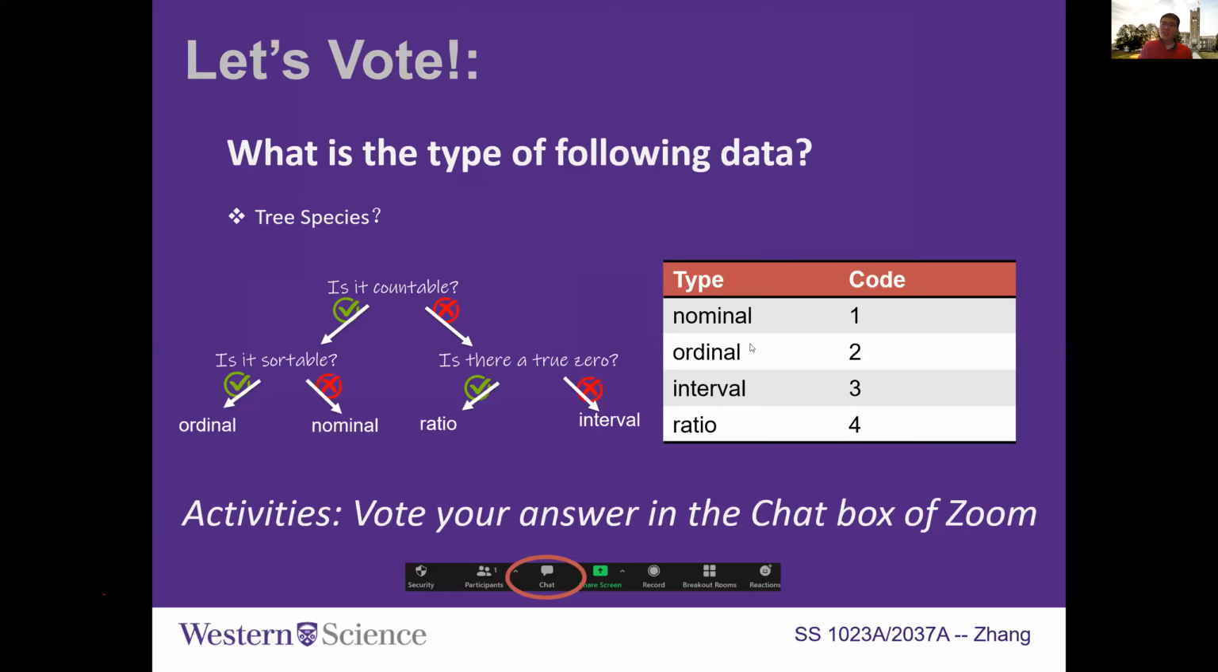Okay, I guess the disagreement will be on the 1 and 2, which is the ordinal data versus nominal. So the question that we need to ask is, are they sortable? For example, we have different trees, like an apple tree, an orange tree, and a pineapple tree. Is there a pineapple tree? Anyway,